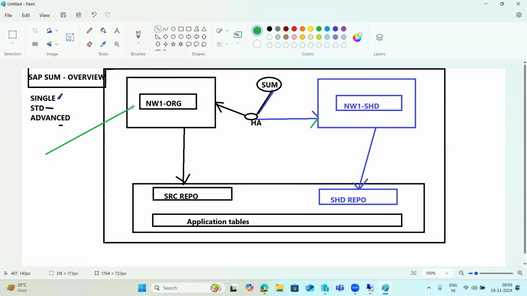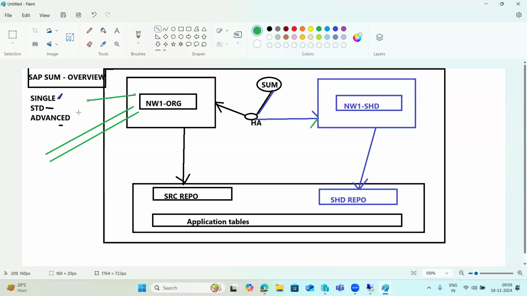All users can connect to the SAP system, and they can do their activities, transactions and everything. Why? Because you are not directly upgrading the main system while users are connected. You are building a new shadow SAP system in parallel. It will be updated here. The main system is up and running, nothing will happen to it, right? That is the single and advanced mode. In both cases, single or advanced,